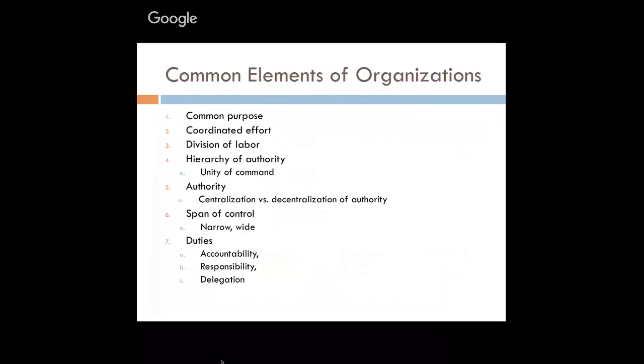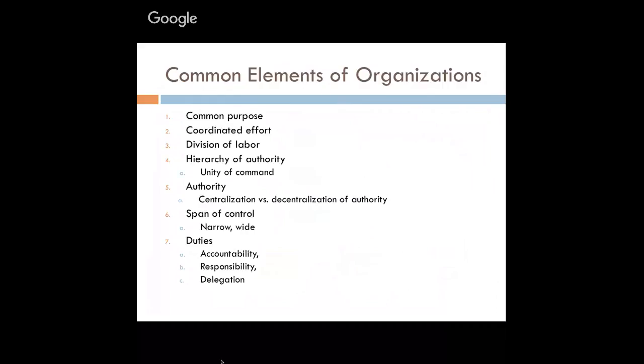Now, as you go forward and look at hybrid structures and matrix structures, you will see more and more in the 21st century, unity of command is being broken. And the reason is a lot of the project-based work where people have two bosses to report to. A lot of you might have two bosses to report to, and they can sometimes be problematic. So in organizations where unity of command is broken, which means where an employee has more than one boss, it becomes really important for the organization to understand and clarify